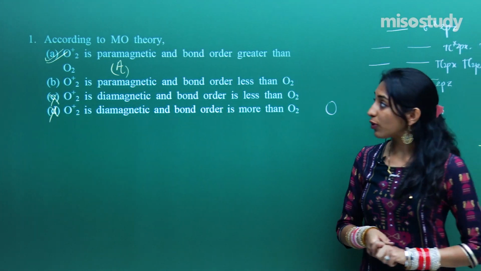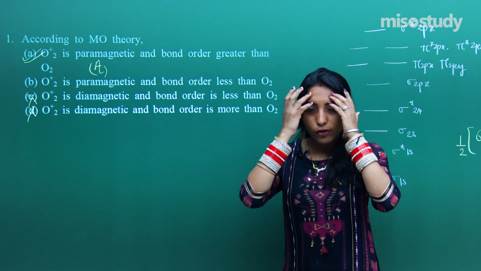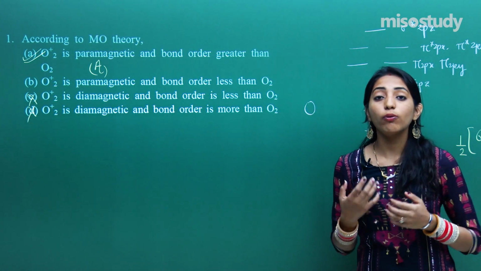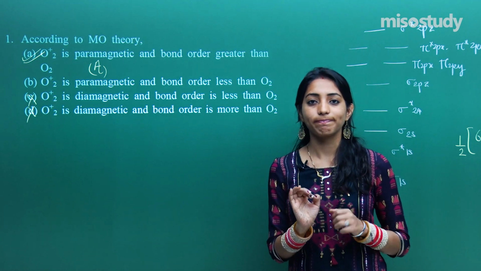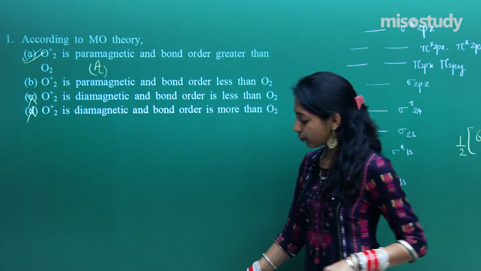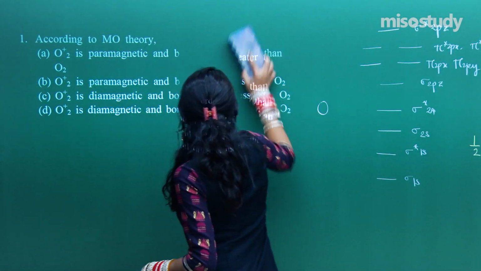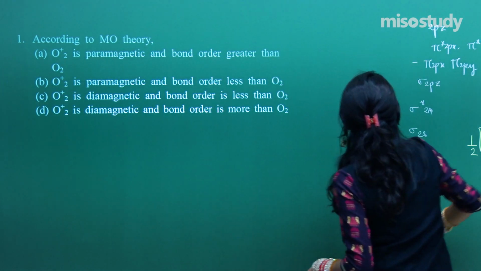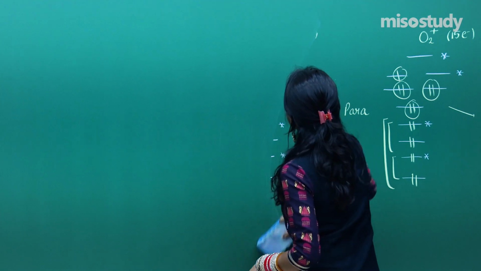Clear? This was an easy question, and the only thing you should consider in this question is how fast you can mark the correct answer. So this was our question number 1. Now we need to move on to our second question, but before that you need to give me a moment so that I can clear the board, and then we'll move on to our next question.